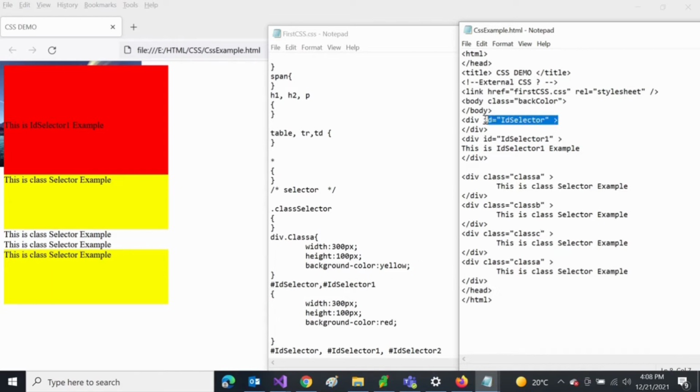So if I talk about the first id selector and the second id selector, we have the common CSS below one. You can see in the HTML form also two divs combined, but the differentiation is that this is the id selector 1 example. Now the first div with class A and the fourth div with class A are the only ones that come into the yellow form, right? The rest two we have not handled any CSS for. So the first div with class A and the fourth div with class A are getting these values.